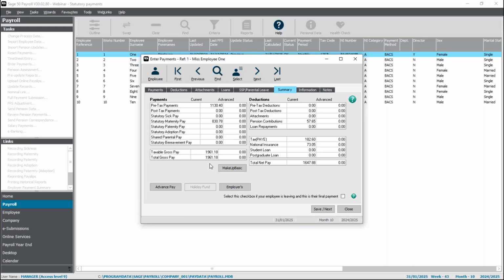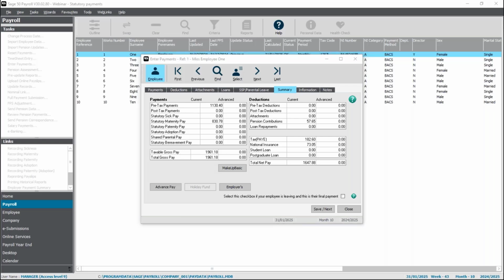One other thing to consider when adjusting payments is pension contributions. So for most pension schemes, when an employee is on paid maternity leave, the employer is required to continue paying the usual contribution into the pension rather than a reduced contribution based on reduced pay. So if you need to enter a specific amount for the employer's contribution, you can do this by